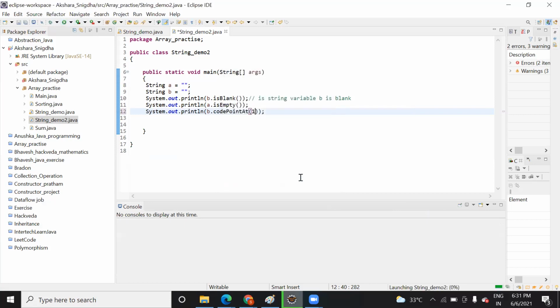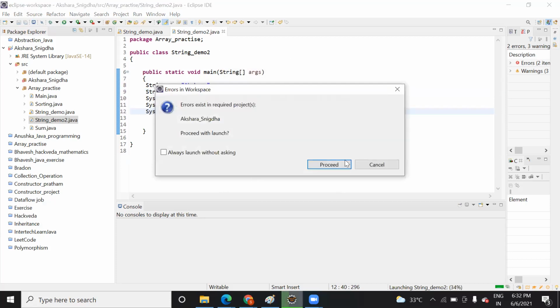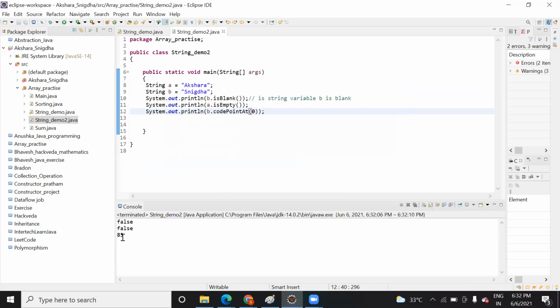Oh, okay, sorry. Actually, we don't have any element here, that's why it is giving an error. Let me add an element, means a value to the variables a and b. I'm assigning a string value, a group of characters, to these variables a and b. And let's try it. So you see it is giving 83. What do you mean by this 83? It means that the index 0 of this variable b, which is S, has the Unicode 83.